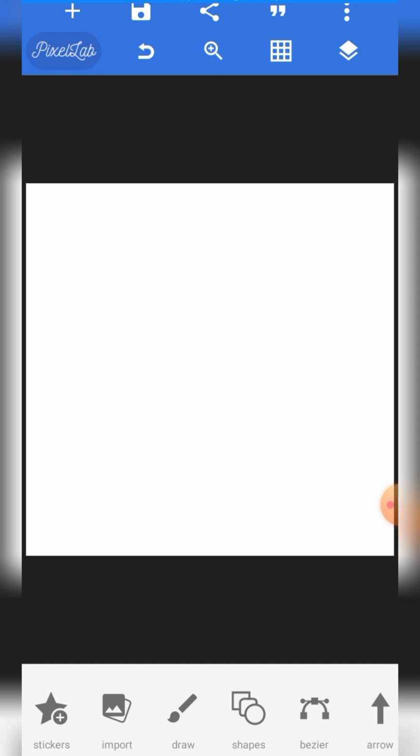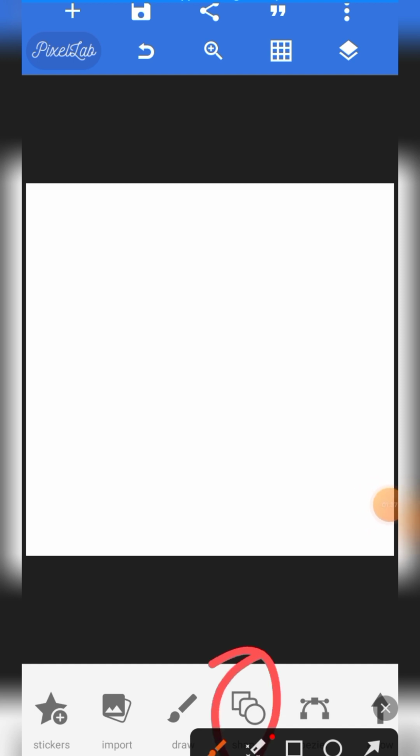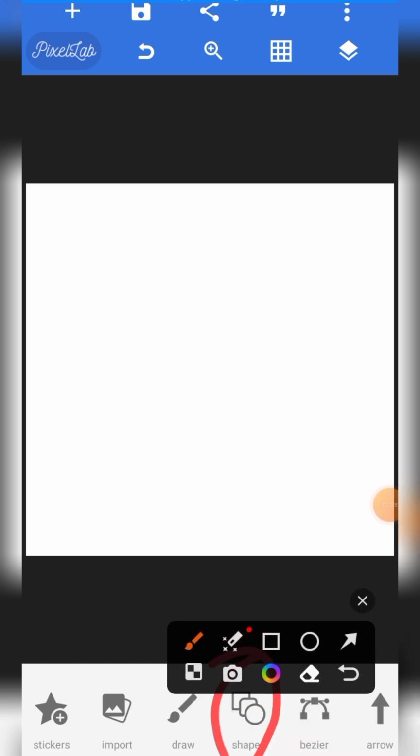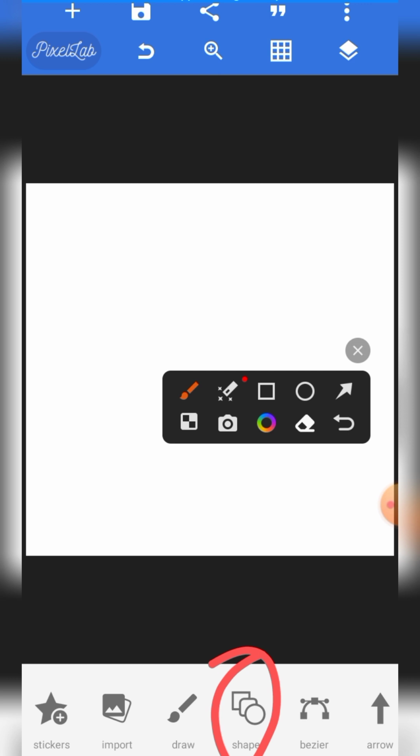Okay, so let me just go ahead and open up with something. Right now, let me think of something. I just want to make a quick flyer, just a simple one. Let me go ahead and click on the shape. Watch me. That's the shape right there. So when I click on the shape,